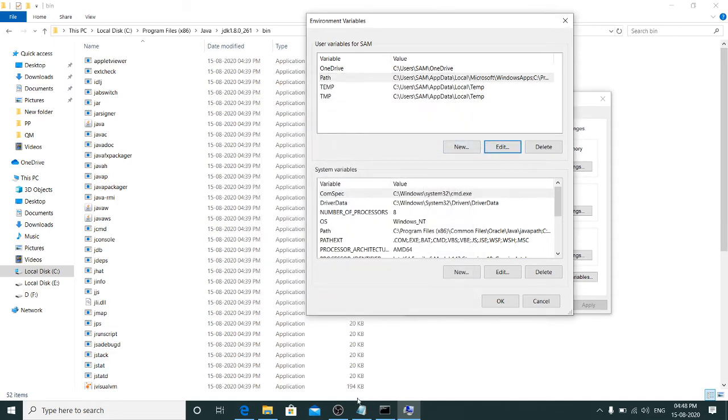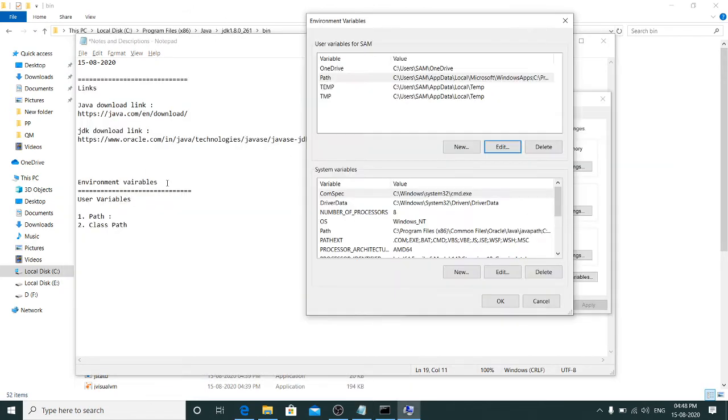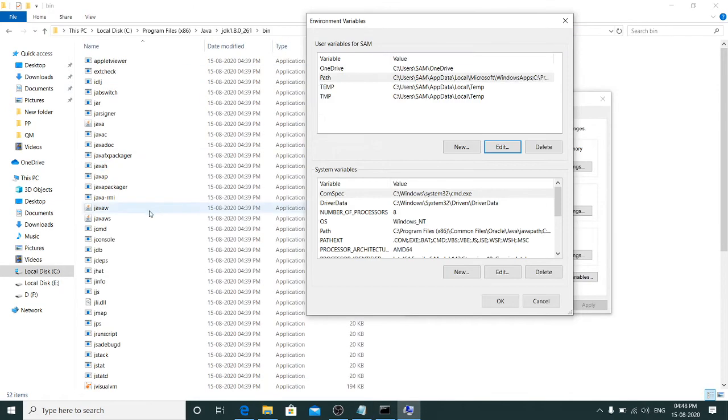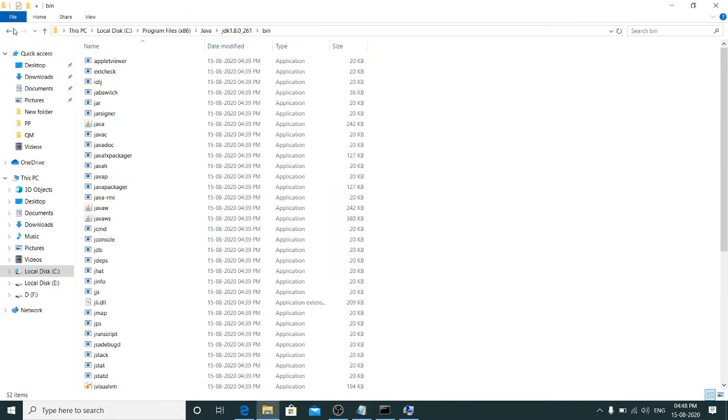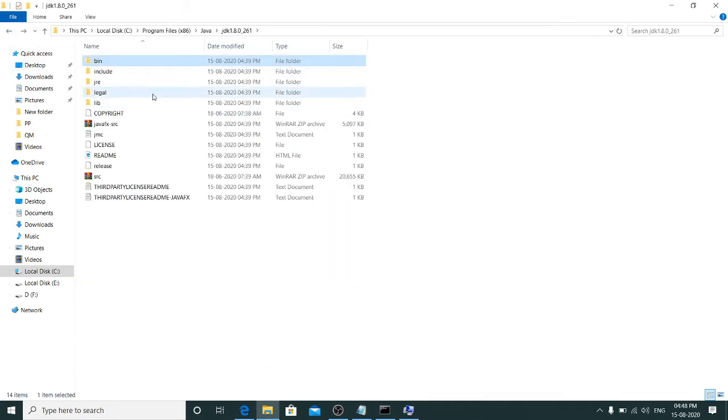Now just remember this. I'm pasting it here so that I'll paste it in the description. So in Path you have to set the bin, and in ClassPath you have to set up the lib.